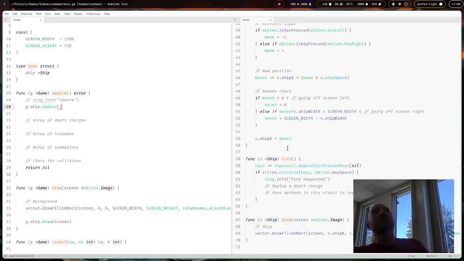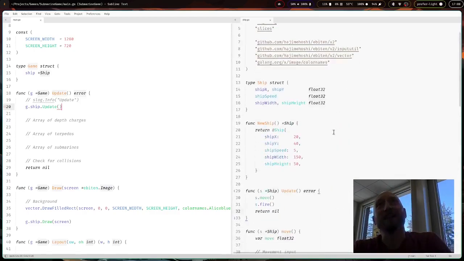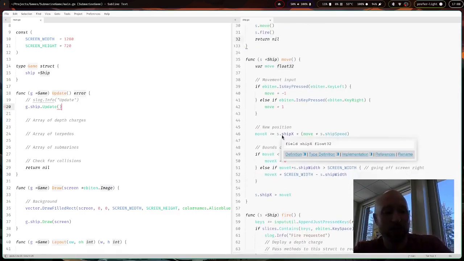So we're going to talk about the nature in Go that functions are first-class citizens. And we're going to use that idea to get the game to handle the logic of firing for us as we want to fire a depth charge. And then from there, we'll build out a depth charge and show how we can have multiple depth charges at one time. I think that's probably about what we're going to get through today. So I guess we can just jump right in. So if we remember,